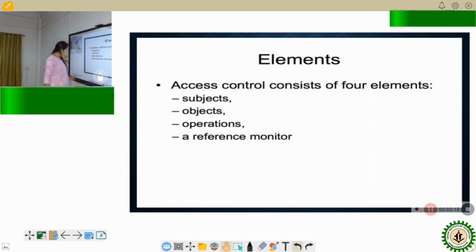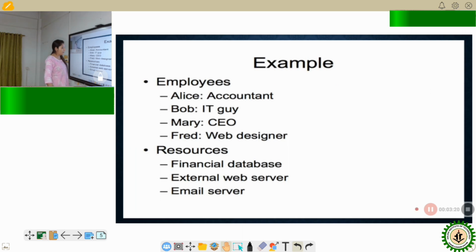For now, let's come to an example to understand how an access control model works. Let's consider a fictitious organization where you have 3 or 4 employees. We have Alice, who is an accountant, Bob, who is an IT personnel, Mary, who is the CEO of the organization, and Fred, who is a web designer associated with the same organization.